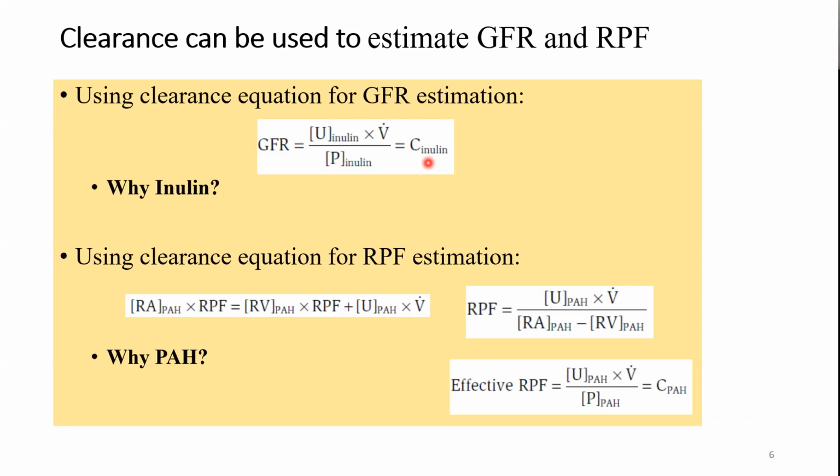So literally, the amount of inulin that you give, it's filtered out, and whatever is coming in the urine is only what is filtered. The nephron doesn't deal in any other phenomena, reabsorption or secretion, for inulin. So you can reliably look at the urine, you know the rate of urine, you know the plasma concentration, you can easily derive the clearance of inulin,